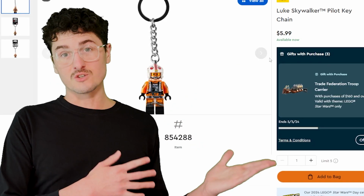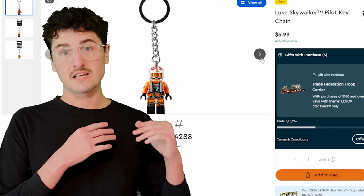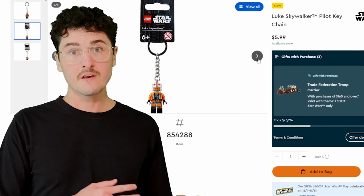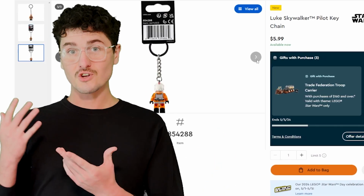You don't really want it falling apart in your pocket, so it makes sense that they do that sort of thing. But you can now buy this keychain, take the arms and legs off, and upgrade your Rebel pilot minifigures. So if the LEGO Group is willing to reproduce this highly detailed Luke Skywalker minifigure from the UCS X-Wing as a keychain, and they're also willing to